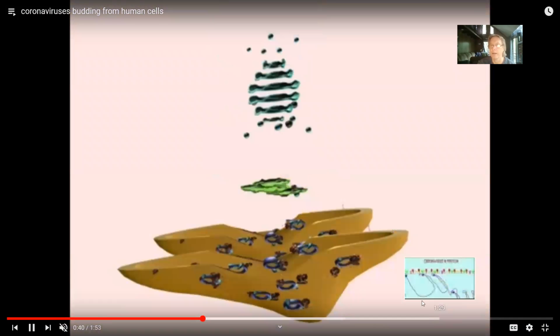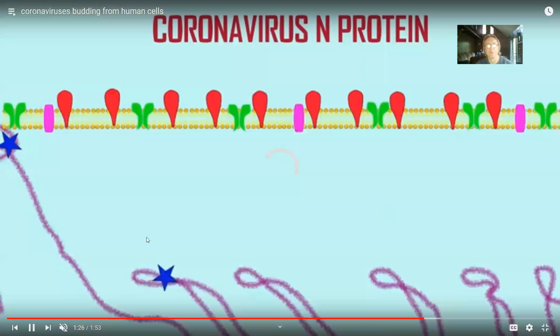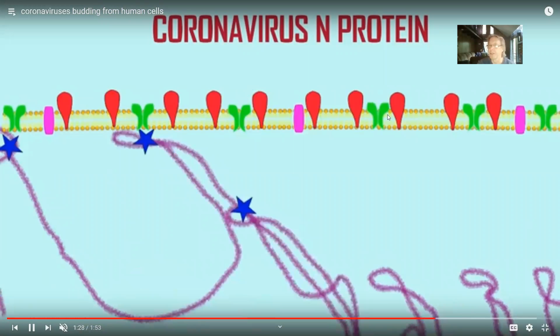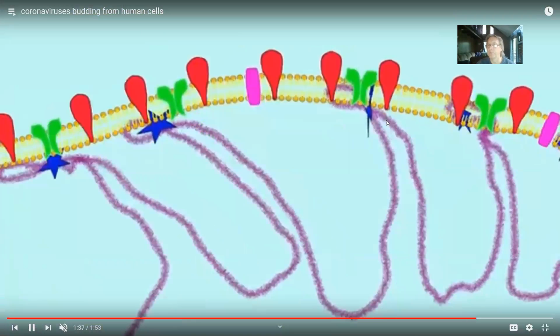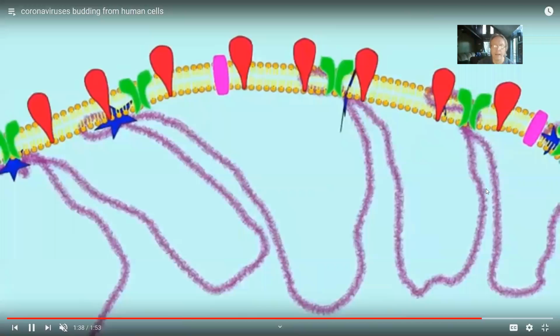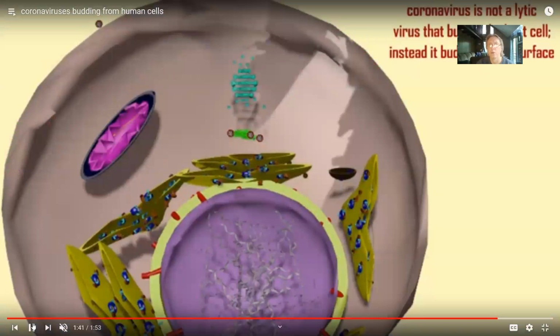So here is that N protein here in blue attaching to the M protein. So the viral proteins inserted themselves in human membrane in these membrane compartments inside the cell. The viral nucleic acid was attached, and this then formed the virion that curved with all of those viral proteins now on the outside. And now it buds from the cell one at a time.